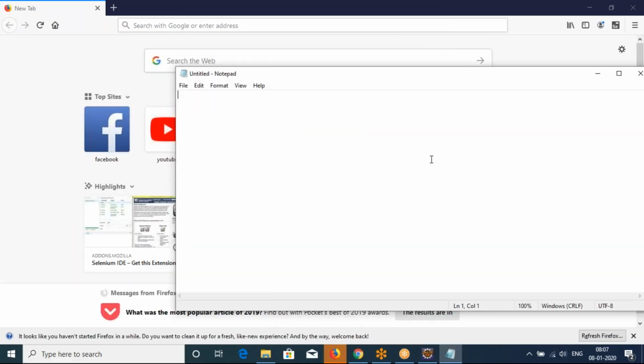See, what is Selenium actually? Why are we going for Selenium? It's open source. It supports multiple languages.